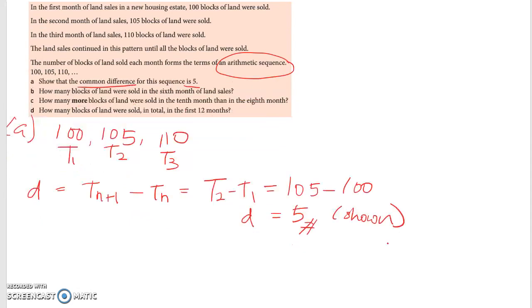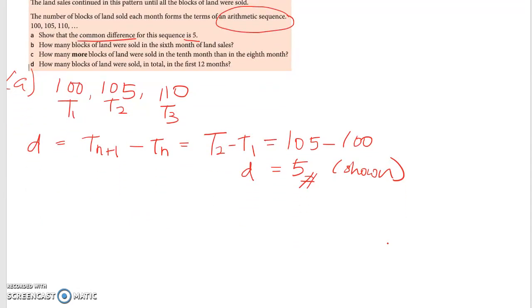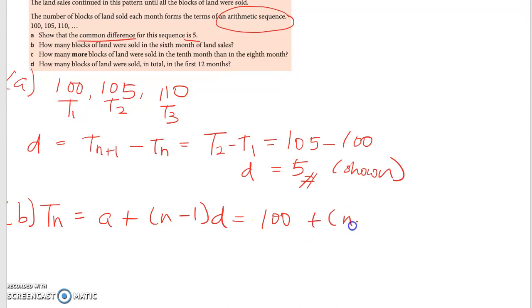No problem there. In the next question, we're asked how many blocks of land were sold in the 6th month of land sales. So we are actually asked to find the 6th term here. But before we do that, let's first write out what our general rule is going to be. So that's Tn for an arithmetic sequence is going to be a plus n minus 1 times d. Now we know what these terms are, a and d. We know that a here is the first term, so that's 100, and then we have plus n minus 1, and d here is our common difference we've just found out as 5, so we're going to put that down as well. Now we're going to break everything out of those brackets,